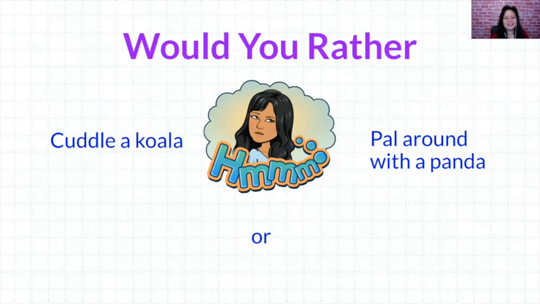Okay, would you rather cuddle a koala or pal around with a panda? It's funny how some of the kids are discussing, I don't want to be with a koala. They have sharp claws, or a panda could eat me anyway. It was funny to hear, where did you get that information, or what made you think that? But anyways,